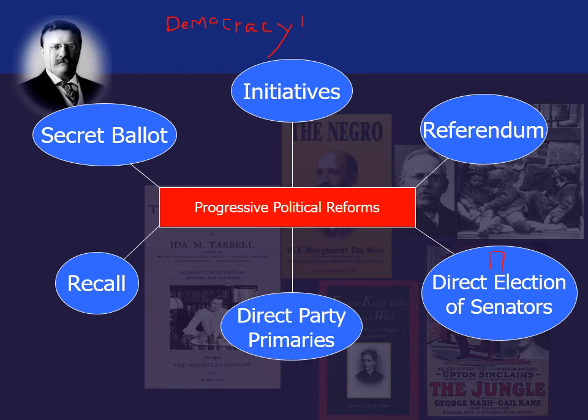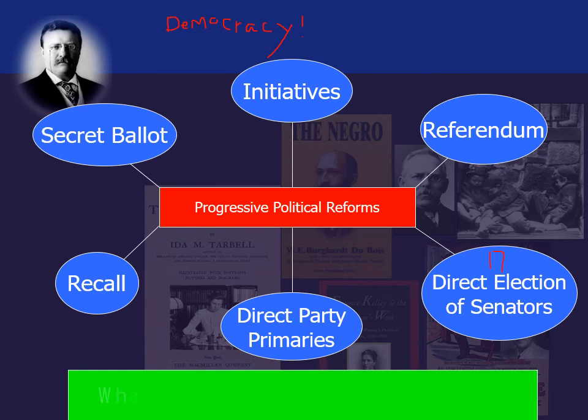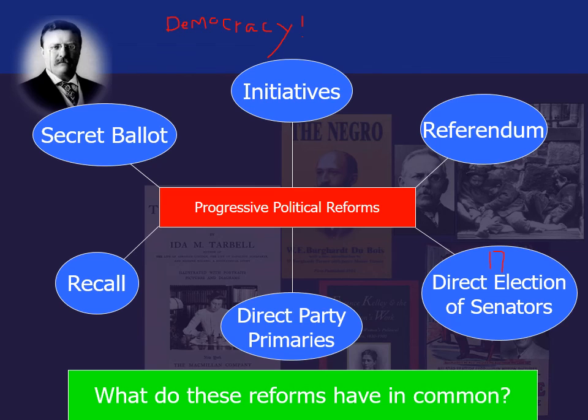So this is how we're living up to that idea established within the Constitution of we the people. All right? And what do these reforms have in common? All of these connect to democracy and voter reform, giving people more of a say. Now remember, we're still in the early 20th century, so yes, I didn't put the 19th Amendment up here yet because it doesn't happen until after World War I.